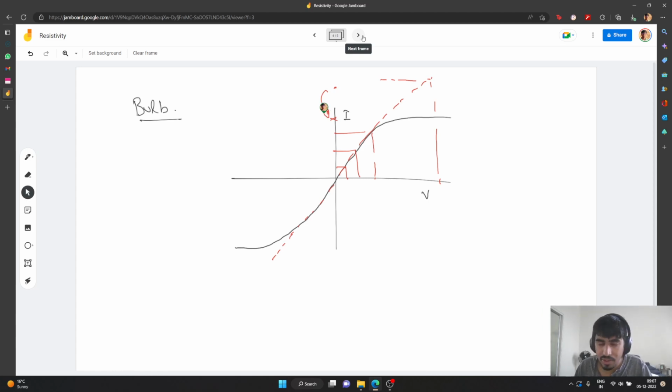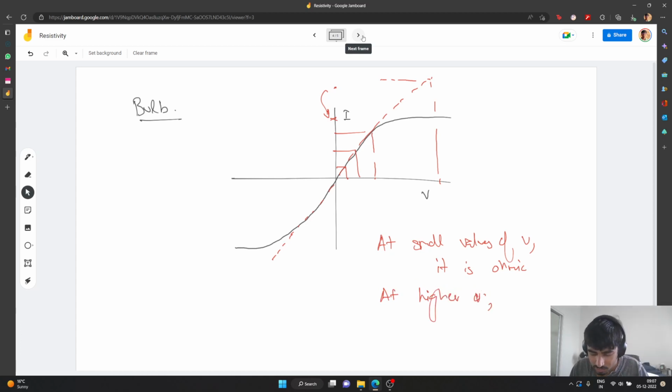So we say that at small values of V, it is ohmic. It is like a resistance, but at higher voltage, you see that less current is observed for the same voltage. So if less current is observed for the same pushing power, that means it is resisting